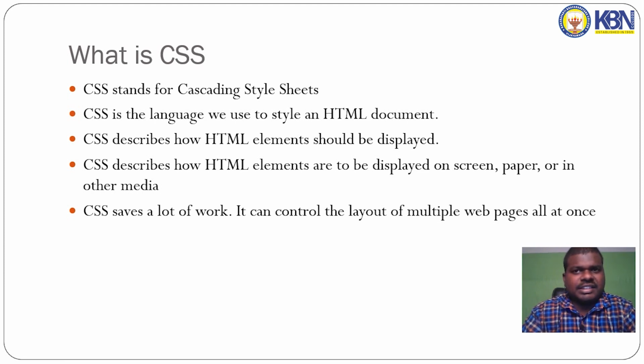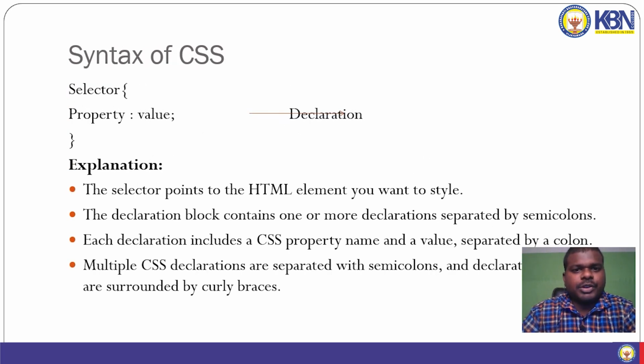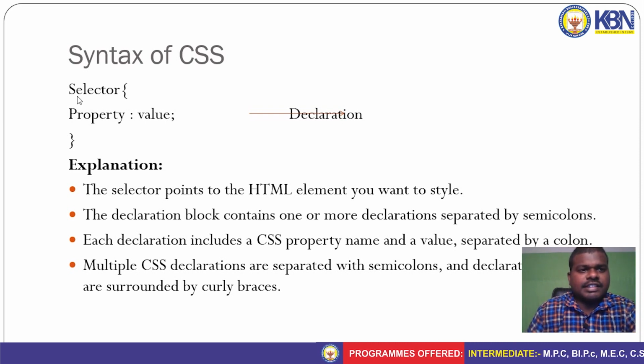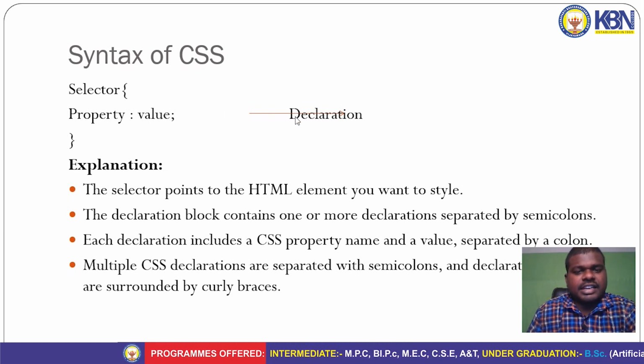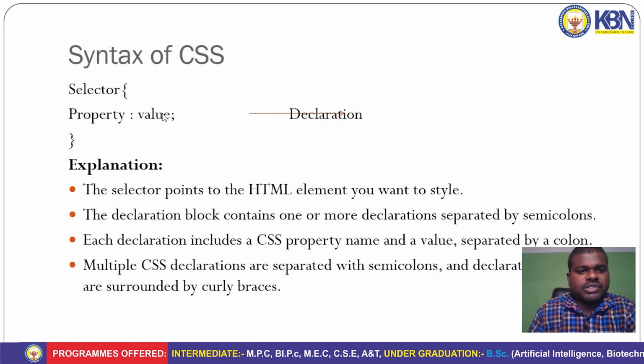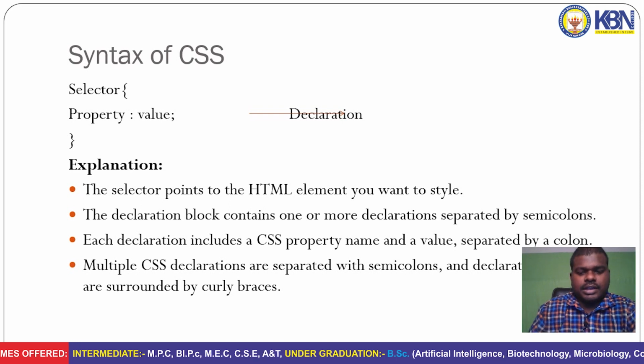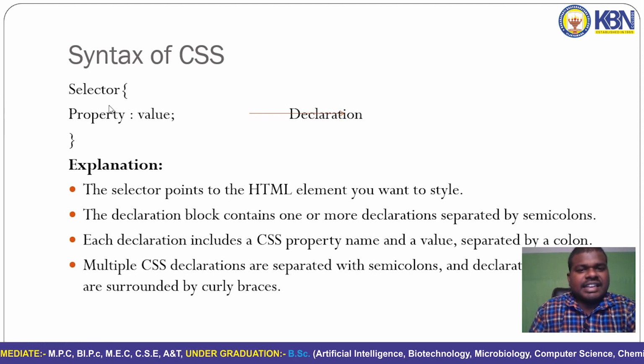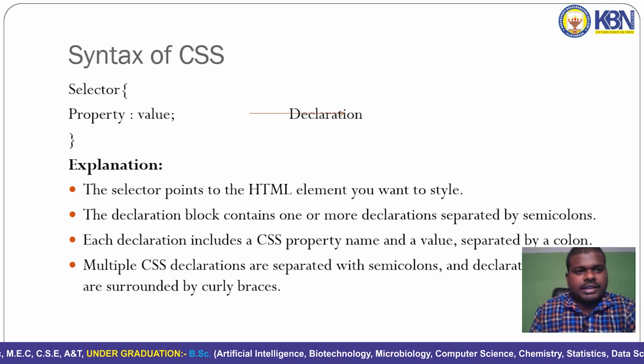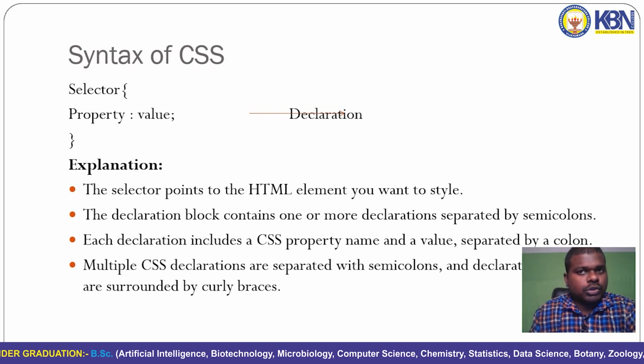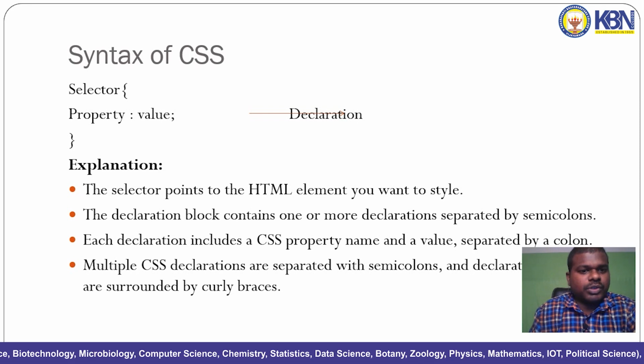We discussed all this, but how do we style a document or an element? If you want to select anything, there is a process in CSS. The syntax of CSS is like this: selector, property, value. Combined, the property and value are called a declaration. I will show you how this works now. What is a selector? It is the HTML element that you want to style. We create many elements, so whatever style we apply should be applied there. For example,